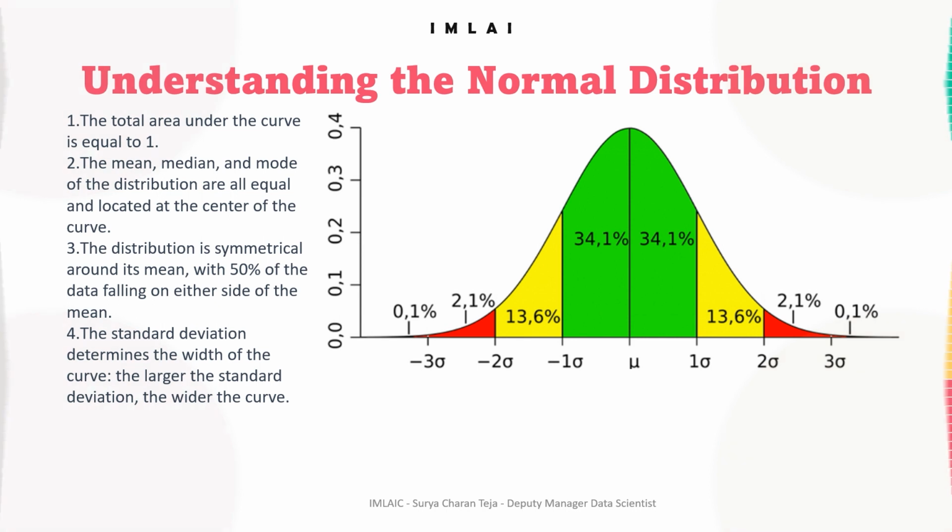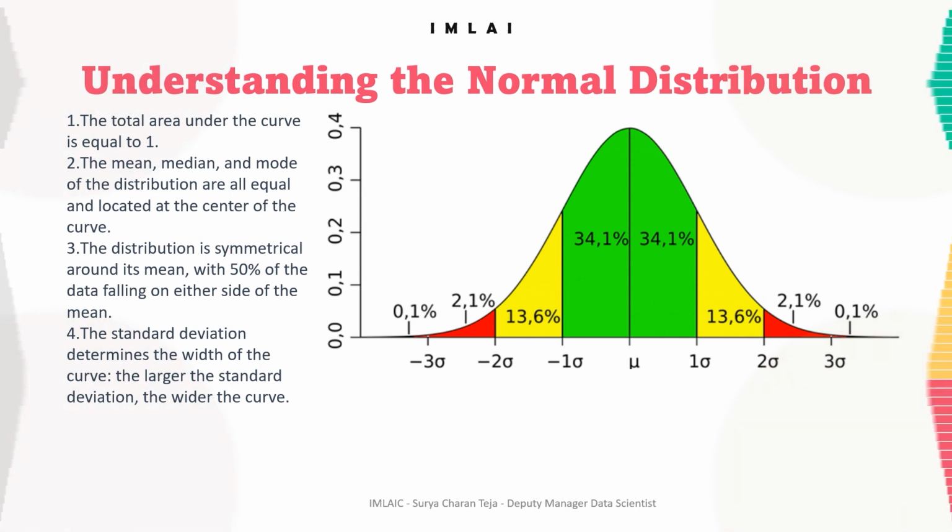Obviously, it's a continuous probability distribution that is widely used in statistics and other fields to model a wide range of natural phenomena. It's a bell-shaped distribution that's symmetric around its mean. You see that this is the mean. It is symmetric around its mean, which is also its median, which is also its mode. So mean, median, mode all stay at one point. That's what we have written in the second point.